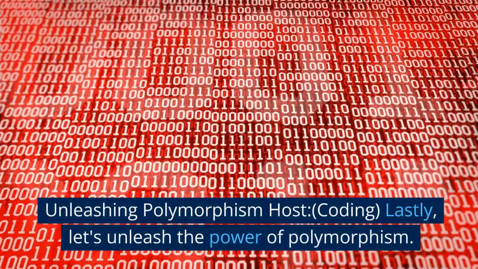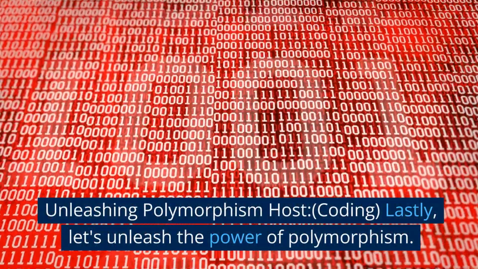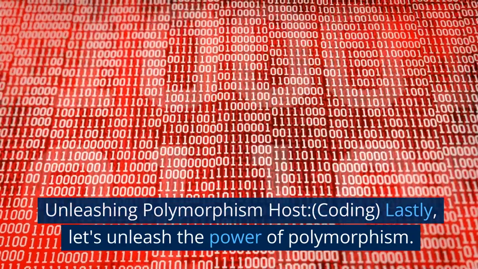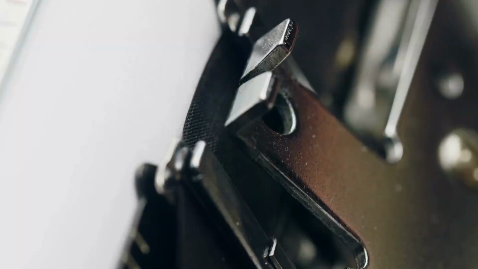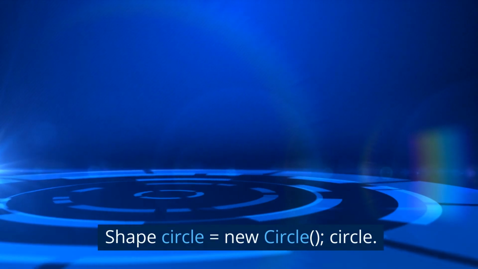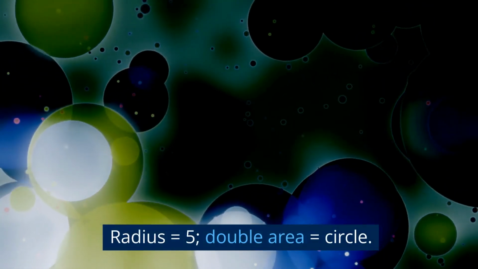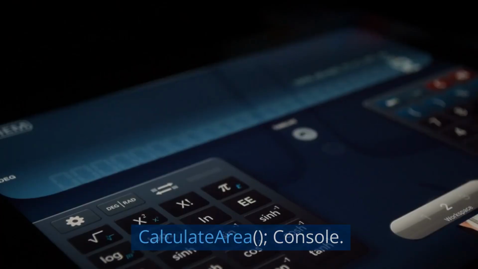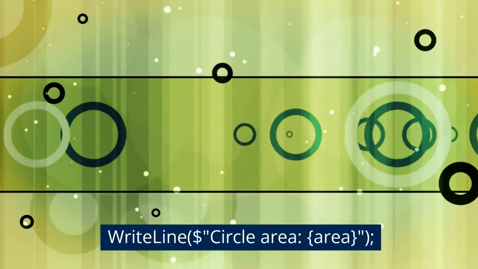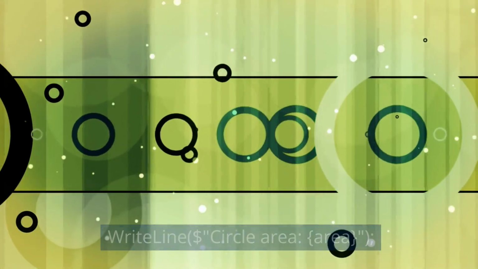4. Unleashing polymorphism. Lastly, let's unleash the power of polymorphism. Example: Shape circle = new Circle(); circle.Radius = 5; double area = circle.CalculateArea(); Console.WriteLine($"Circle area: {area}");